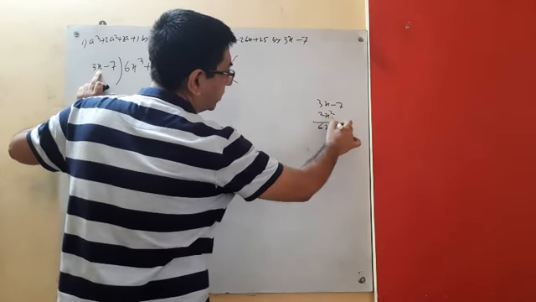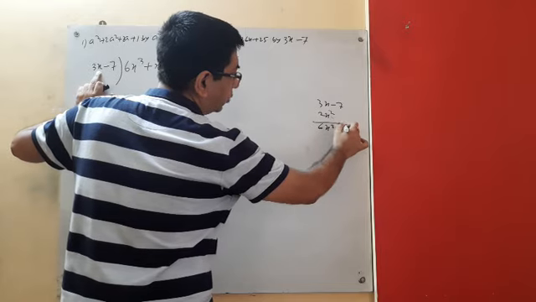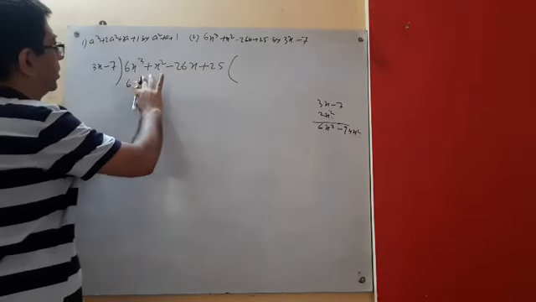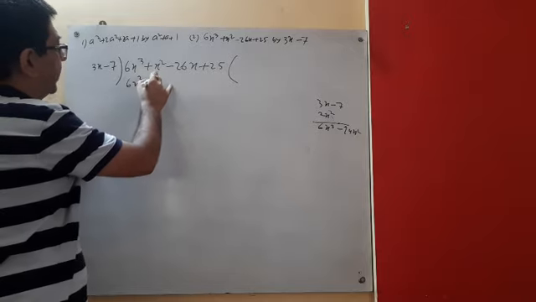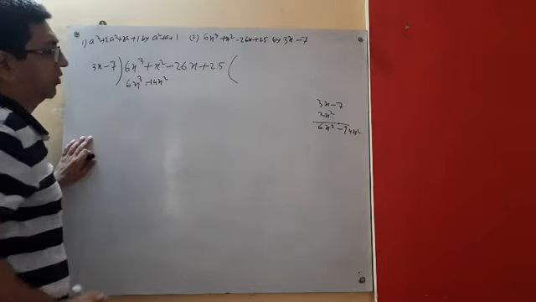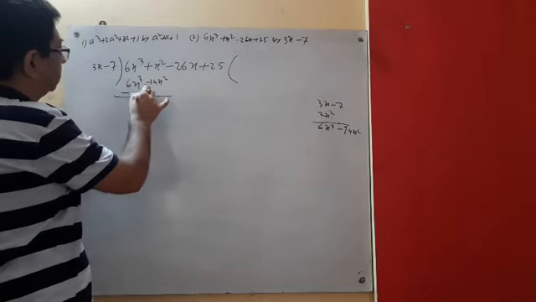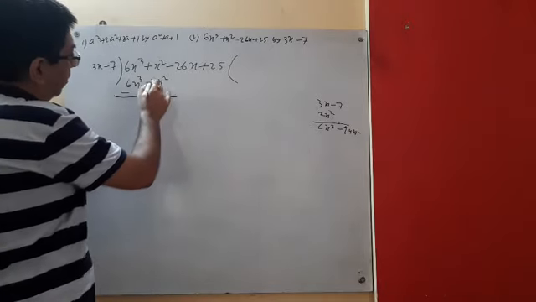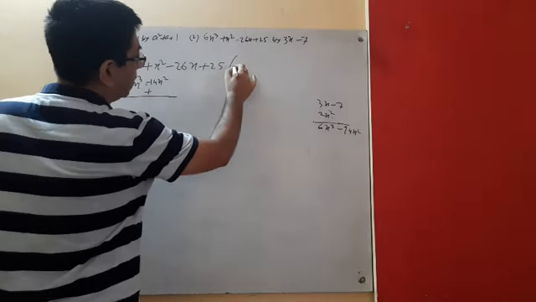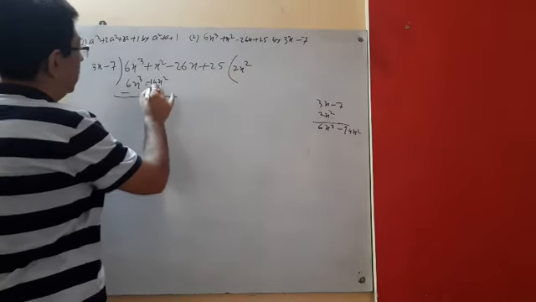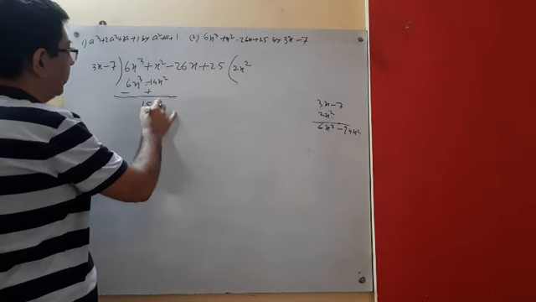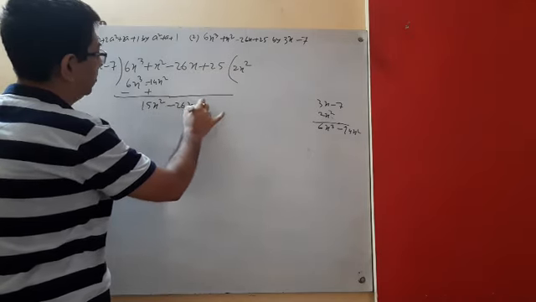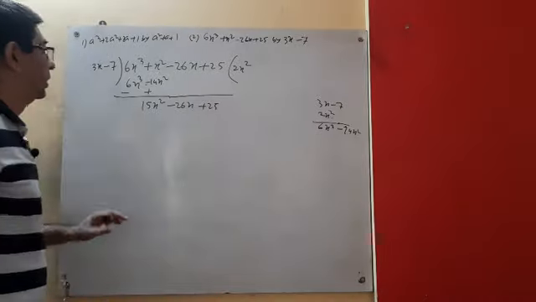Look, now if we multiply, 3 into 2 is 6x cube. x square into minus 7 times 2 gives minus 14x square. So 6x cube minus 14x square, right? Go for subtraction. So what are you getting? 14 plus 1, since you have multiplied by 2x square. 14x square plus x square. This is 15x square, minus 26x minus 25.